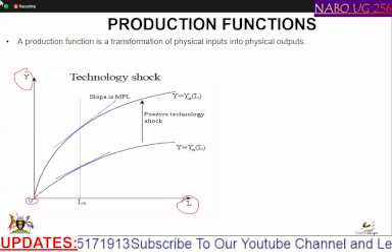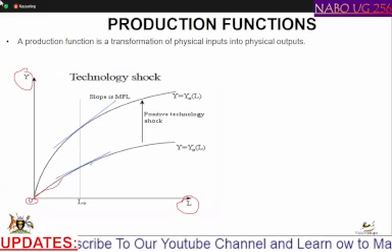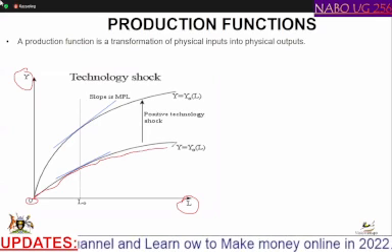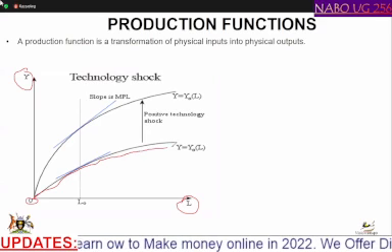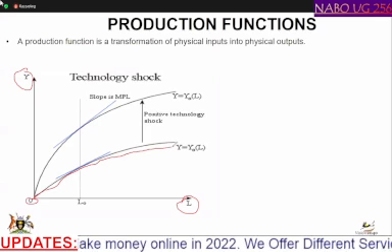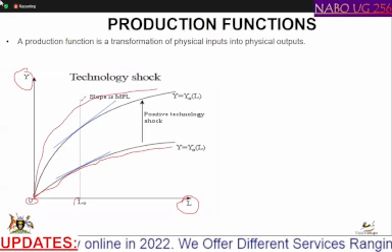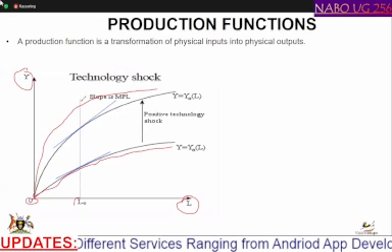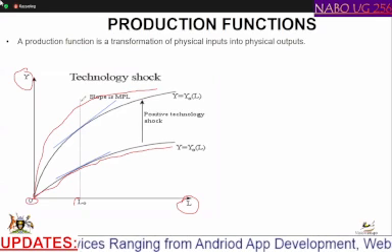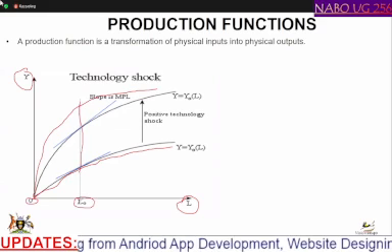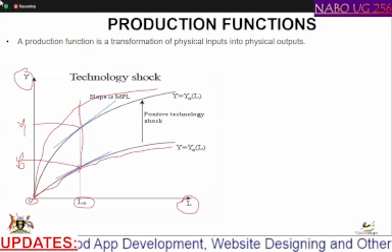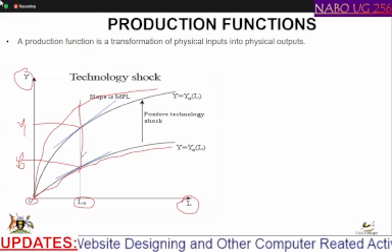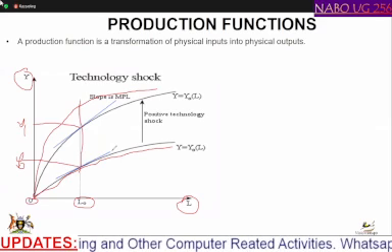So what makes this production function shift from one level to produce a higher level? With the same labor, you are in a position to move to a higher production function. So that is a positive technological shock. When there is an introduction of new technology, you are able to use